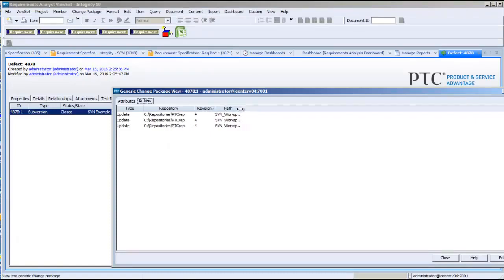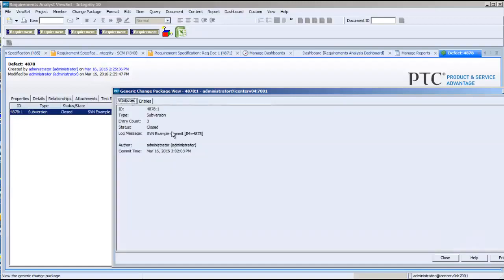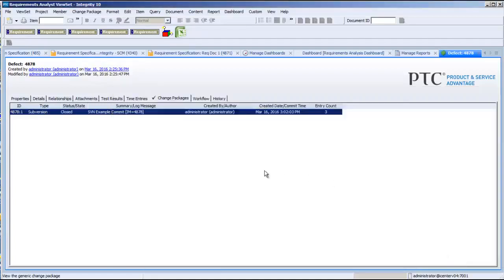Here I can see it's version 4. If I expand the whole thing out, I can see the files that were done. I can look at the attributes and see some more information here. So now I have complete traceability at the file level